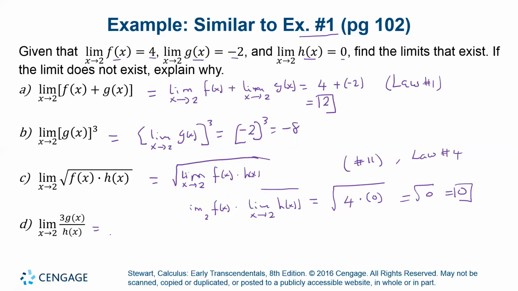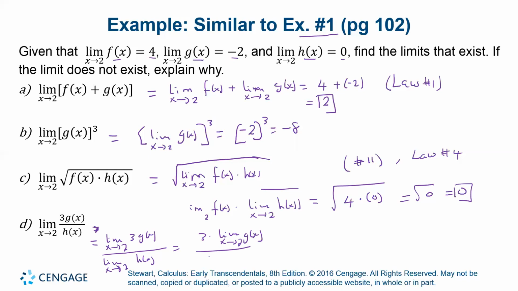Okay, so we're going to write this as the limit as x approaches 2 of 3 times g of x, all divided by the limit as x approaches 2 of h of x. Now, this is equal to 3 times the limit as x approaches 2 of g of x,